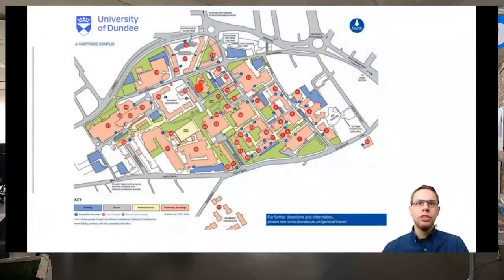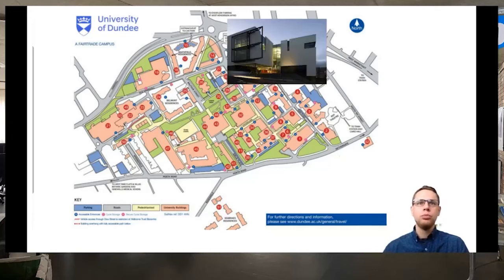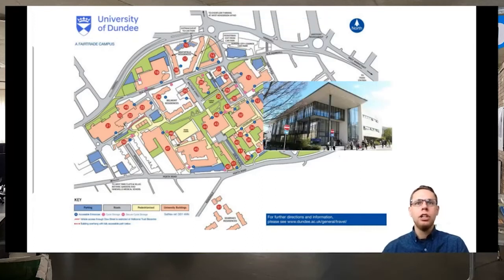So the Queen Mother building is here, and very close by, you have a lot of very interesting things from the university. You have the Dalhousie building, which is the building that you have here, where a lot of teaching activities like workshops, tutorials are happening. You also have the library, which is this building here. That's a very nice building again, where you have a lot of facilities. You can rest there also. There are rest areas and a lot of